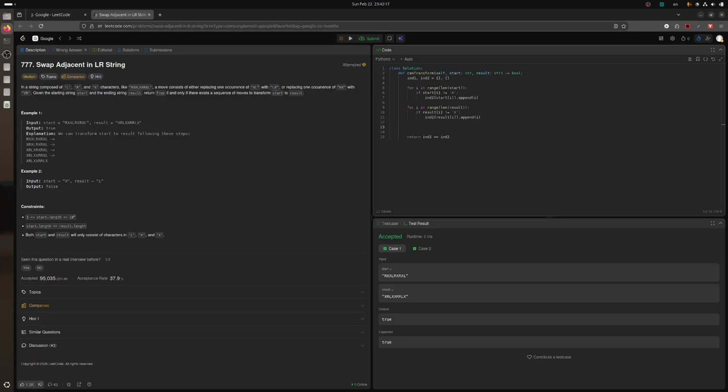Now let's do for C in L, R. So for L I can move it to the left, right? So if len int1 L doesn't equal len int2 L, return false, otherwise